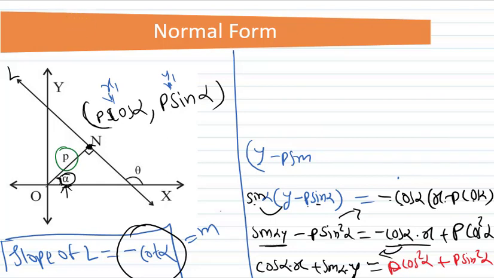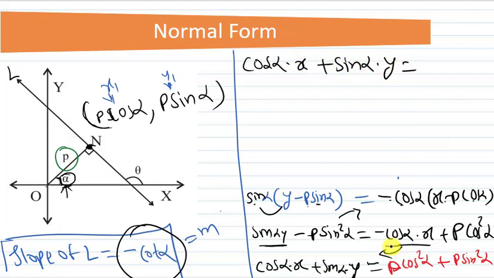I'm going to erase this. Okay. Now, what I will have on the left hand side, I will have cos alpha into x plus sin alpha into y. I will have cos square plus sin square. I can write it as sin square plus cos square. I am not writing this. This is sin square alpha, cos square alpha. Okay. I have used the short form.